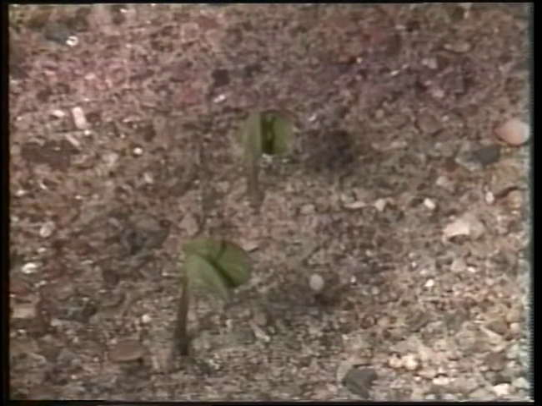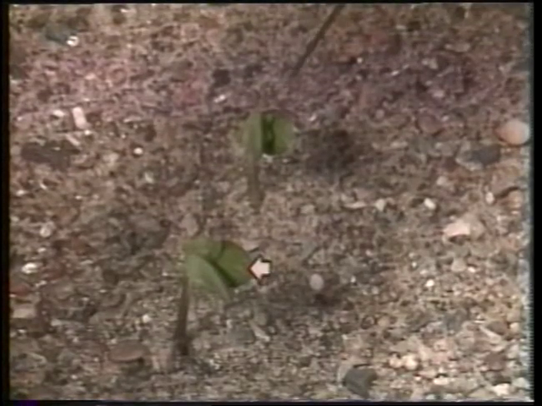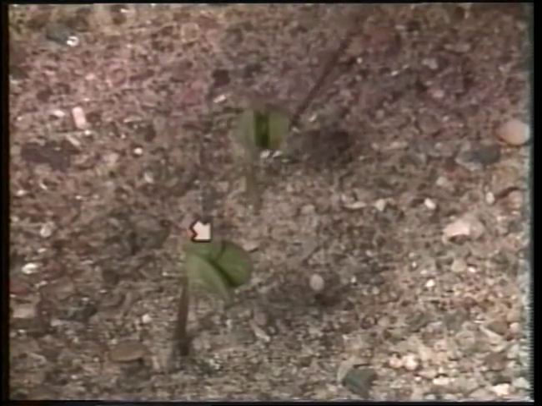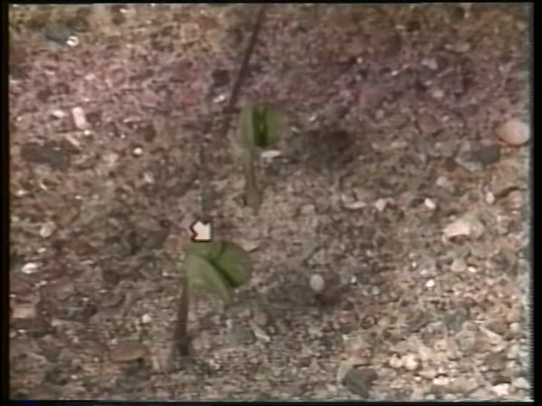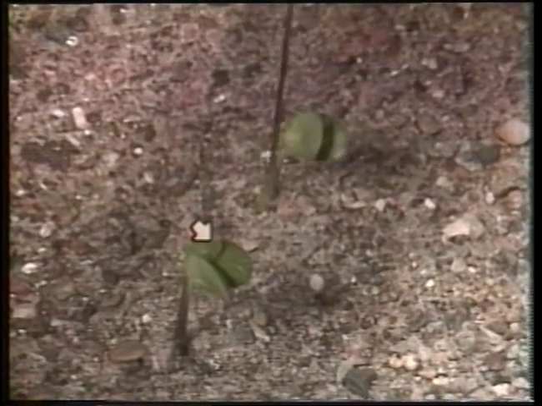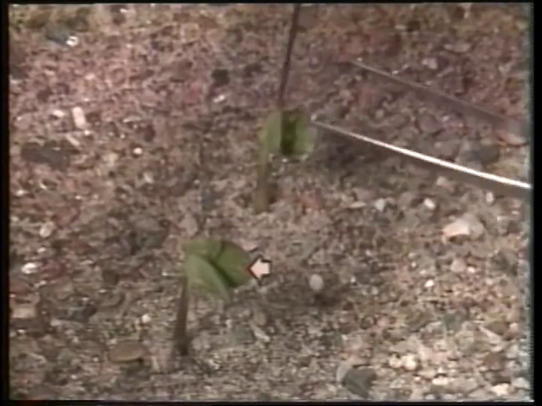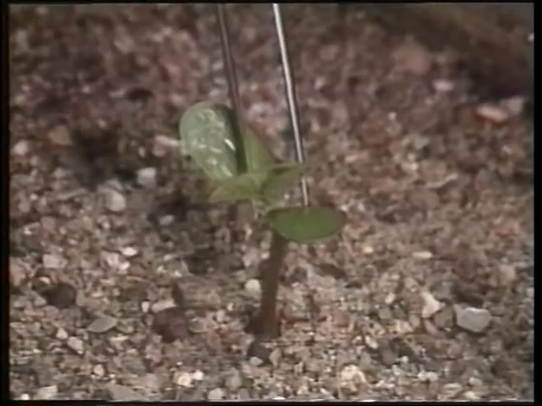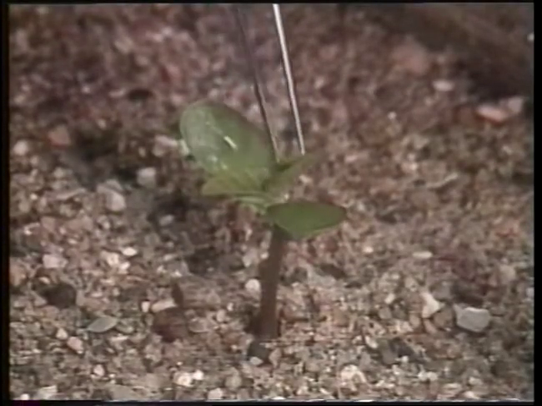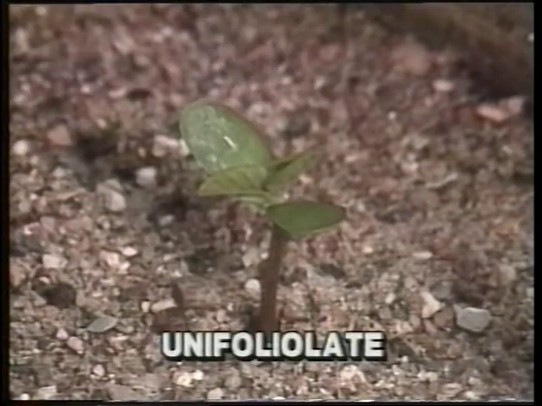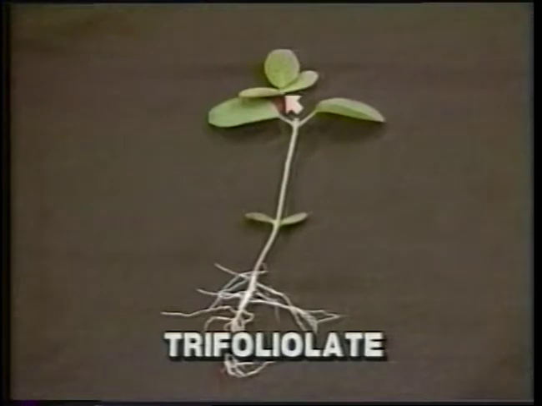The testa usually falls off the cotyledons and remains in the soil. As the hypocotyl straightens, the cotyledons unfold, allowing sunlight to reach the young leaves of the epicotyl. The leaves turn green and begin to photosynthesize. The cotyledons will also turn green after receiving sunlight and photosynthesize for several days following emergence. The first vegetative leaves to appear after soybean emergence are unifoliolate, a leaf having a single leaflet. Then the trifoliolate leaves begin to form. They consist of 3 leaflets attached to a petiole.